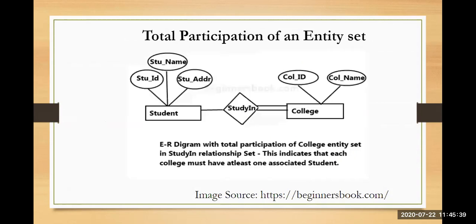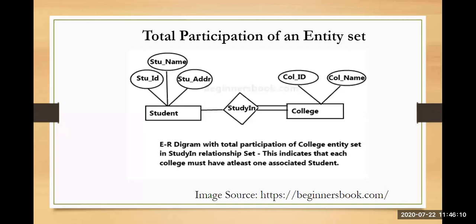Next we have total participation of an entity set. It refers to how each entity in the entity set will have at least one relationship in a relationship set. For example, in the diagram you can see we have a student, a 'study in' relationship, and a college.